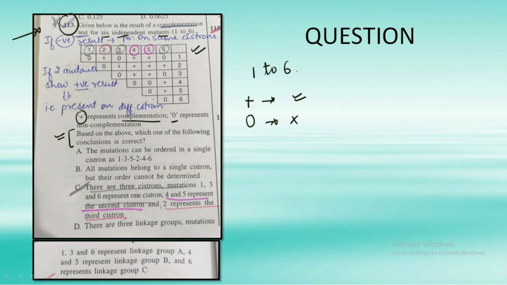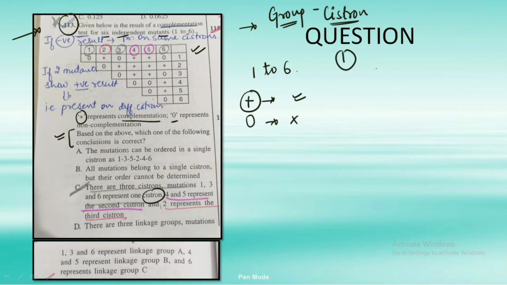So let's try to understand this. First thing we have to remember is that if they are present in the same group, and the group in this case is given the name of cistron, make sure you remember this because this term is used in the question also. The first thing that you have to remember is that if they are present in the same group, then there is no complementation, and that no complementation could be represented by either 0 or a minus sign, or